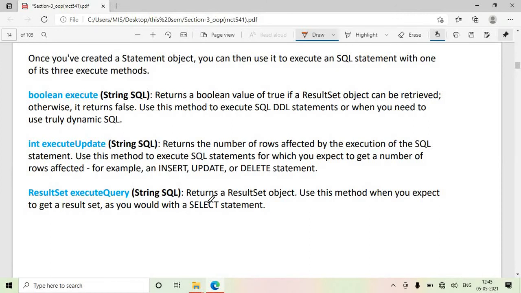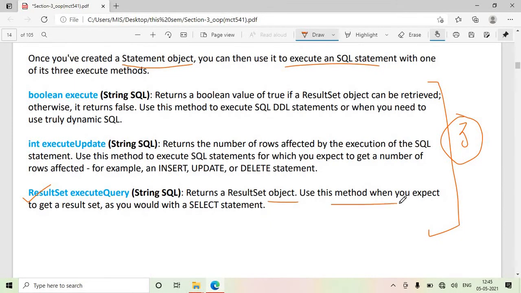Now how to execute? Once the connection has been established, you create a statement object. Using this statement object, you can execute your SQL statement, and for executing your SQL statement, these three methods are there. The executeQuery method returns a ResultSet object. Use this method when you expect to get a result set.